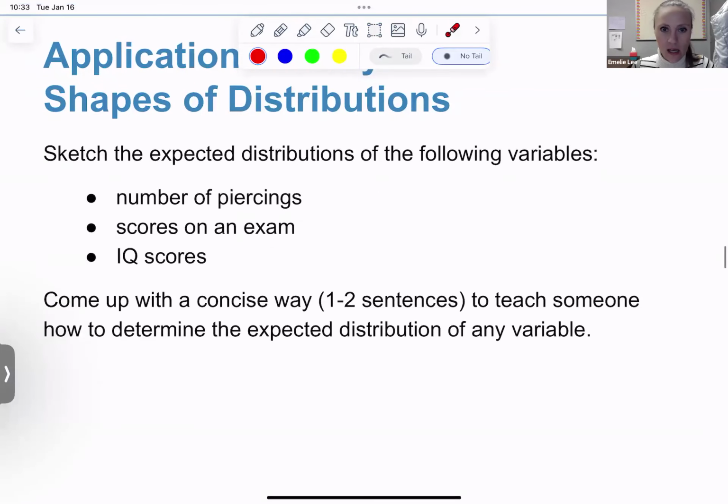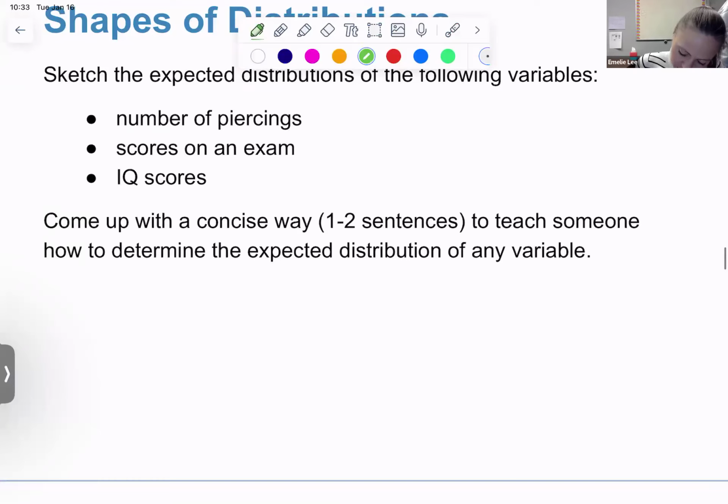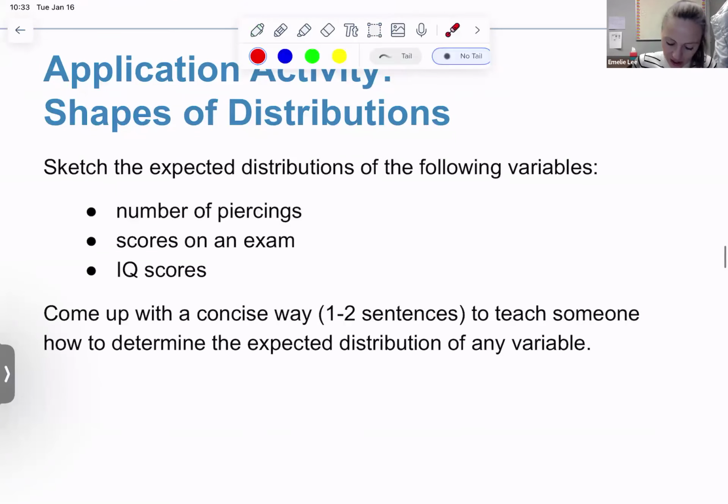So for this one, if we had more time, I would spend more time here, but we've done so much work here that what I want to do is just summarize. Okay, so it's an application activity: sketch the expected distributions of the following variables. It's very similar to what we did, right? The number of piercings, the scores on an exam, IQ scores, and then come up with a concise way, and this is where I'm going to focus, 1 to 2 sentences